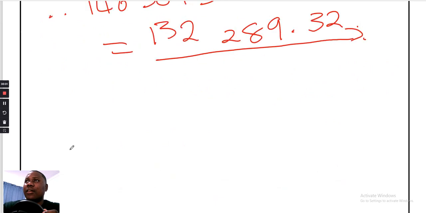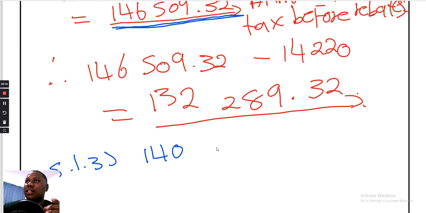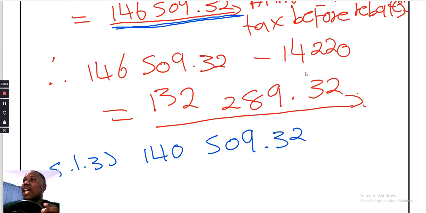So we're going to change from here: 140,509.32. Now we are no longer going to subtract 14,220 only, but then what are we going to subtract? We are going to say